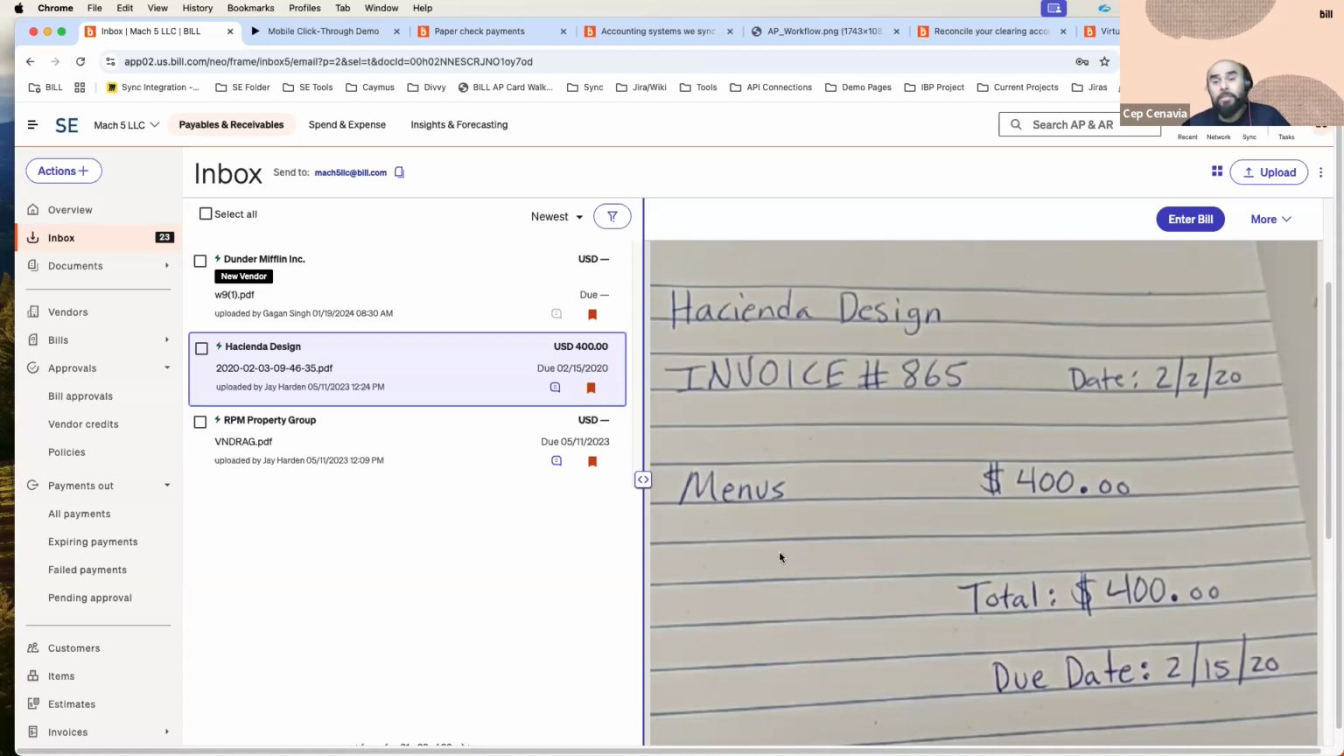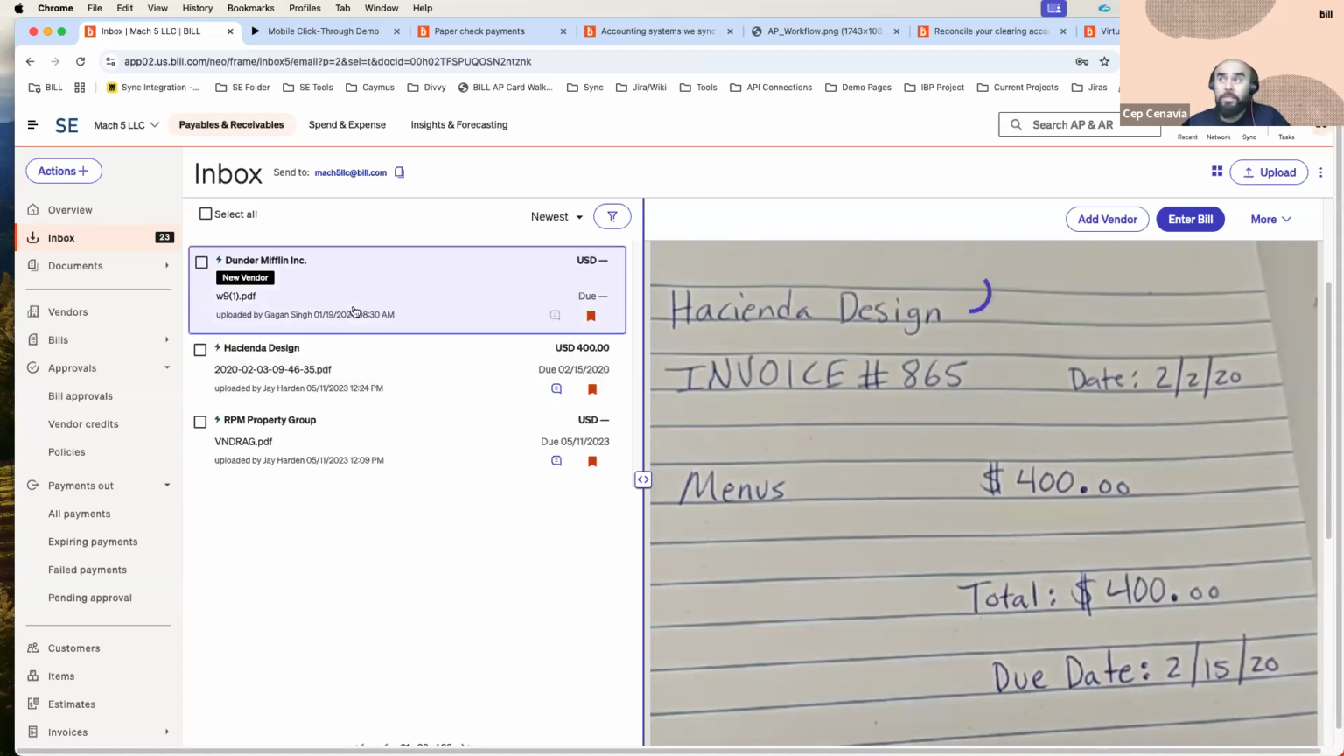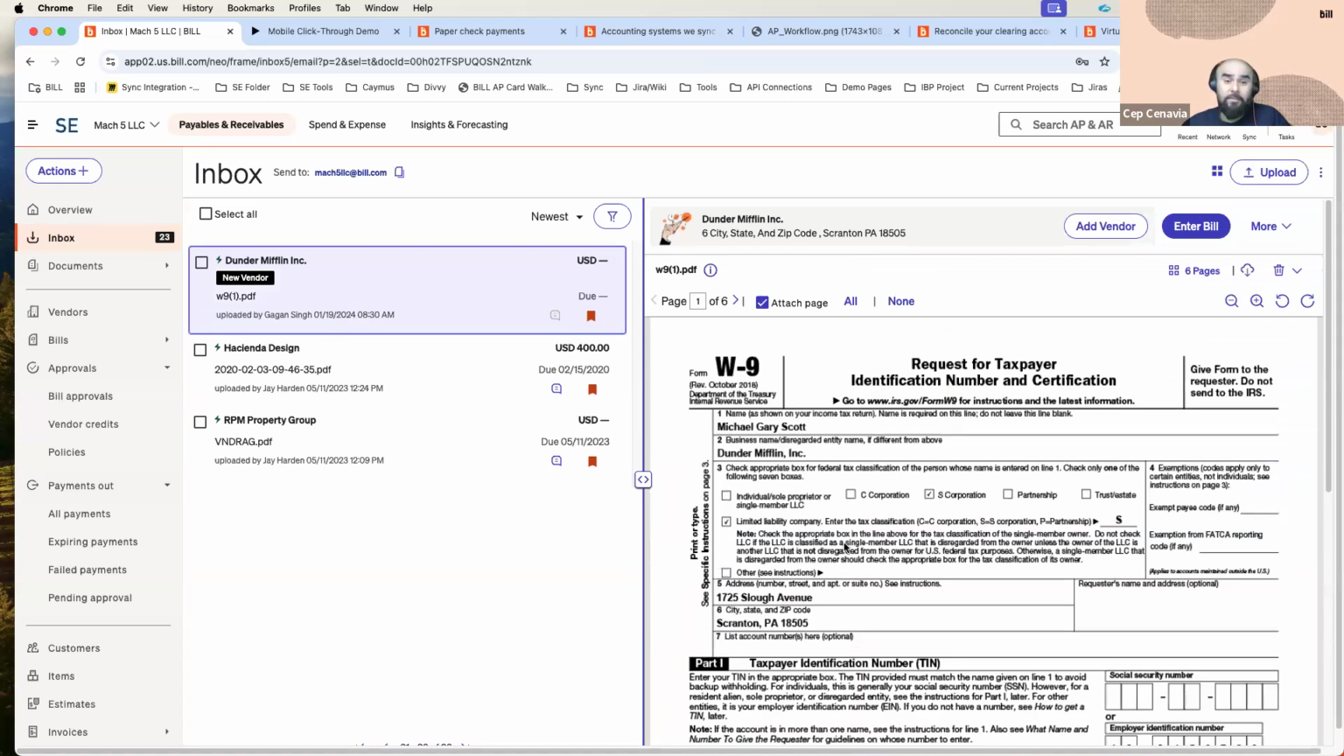When it comes to working with the inbox, we do offer unlimited document storage, meaning you never have to worry about reaching any type of limit, which is another reason why a lot of our clients like to use it as a digital filing cabinet. So not only are you able to upload bills and invoices, you can upload W-9s, contracts, agreements, any important document,